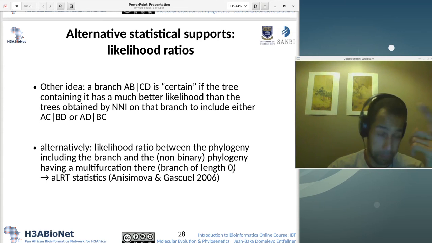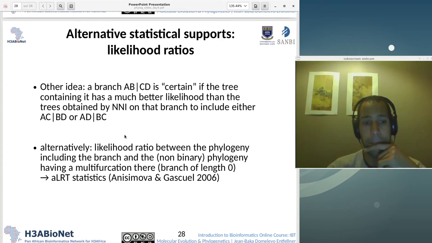So these 2 kinds of examples or strategies use what we call likelihood ratios. The ratio between one likelihood and the likelihood of another tree, slightly modified, gives you a good local confidence value for the branch that is involved in the rearrangement. That's an alternative to classical